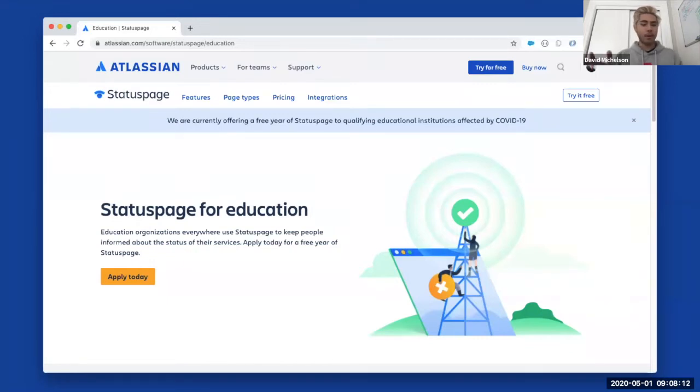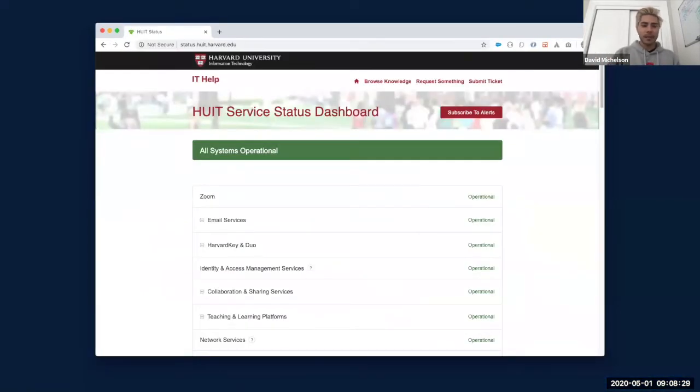So now we'll cover a little more about the basics of what Statuspage is, use cases it has in educational institutions, and also dive into real life examples. For our more advanced Statuspage users here, feel free to use the Q&A to ask any deeper questions about the things we'll cover. So Statuspage, again, is a communication tool that helps you inform your users about your system's current